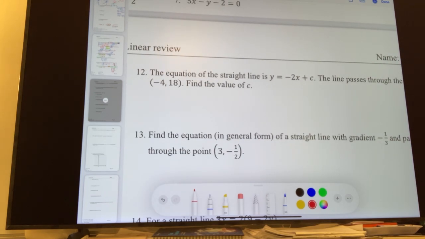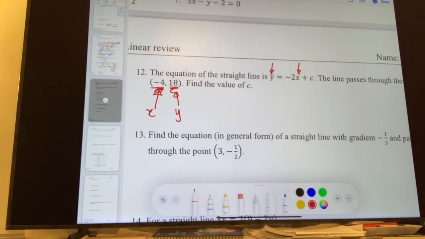Okay, this question I did not ask you to find the equation anymore. I say that this is the equation and the point it passed through. It passed through -4 and 18. This is the point that it passed through. So if you know it passed through that point, what does that stand for? We always call this an x, is that right? And that one is your y, is that right? It passed through that. So that means